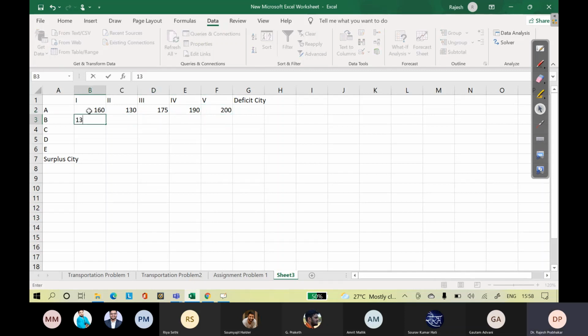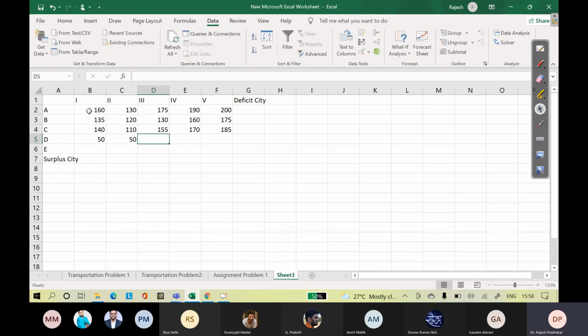Similarly, 135, 120, 130, 160, then 175, then 140, 110, 155, 170, 185, and 50.